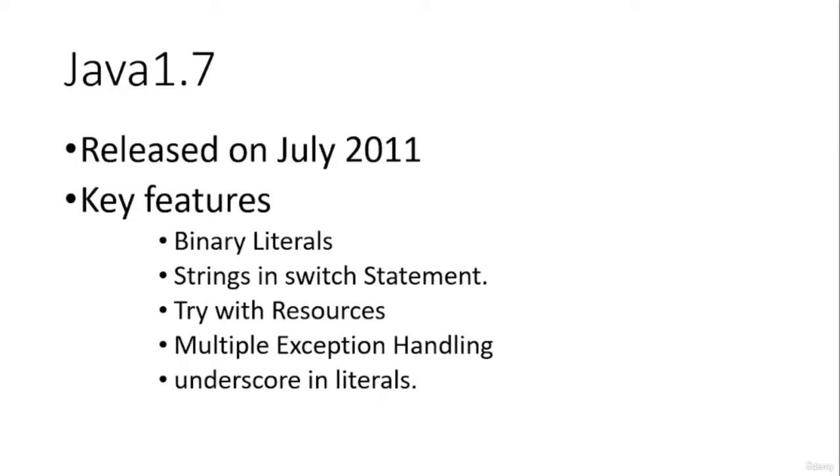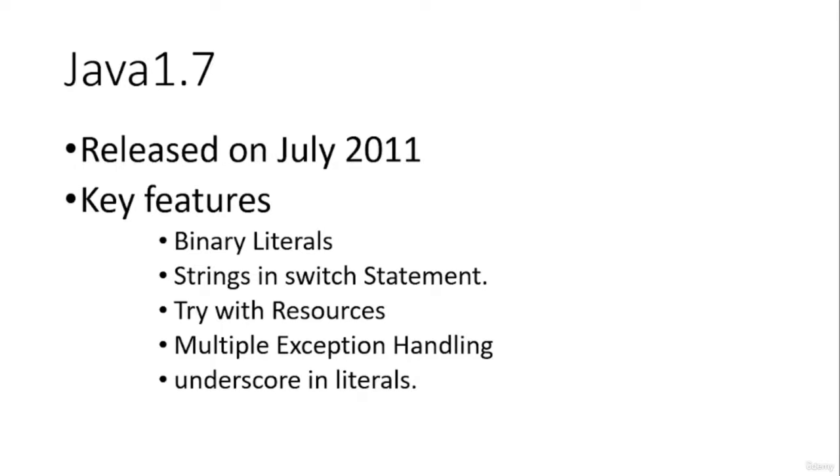Next feature which is introduced in JDK 1.7 is try with resources. Try with resources is a feature which allows auto-closable resources in Java. There are some resources such as scanners and readers. These resources can be auto closed. Try with resources was a new feature introduced in 1.7, which allows us to safely close those resources automatically.